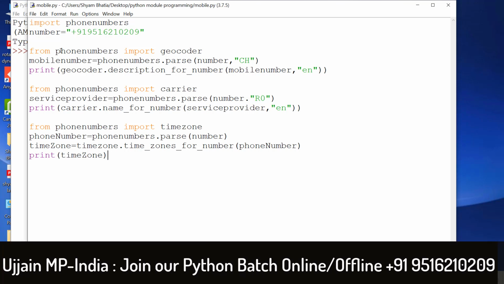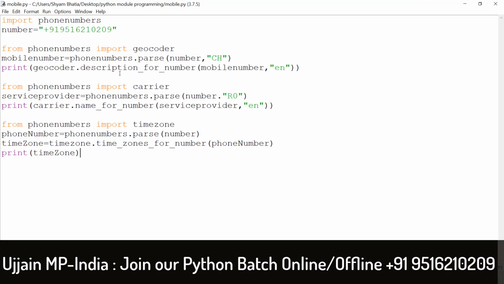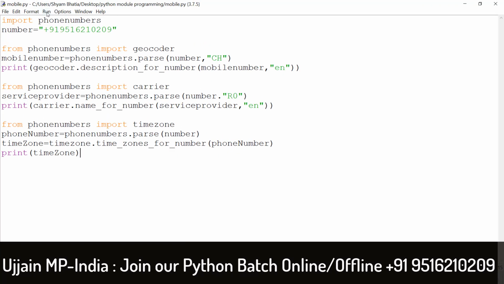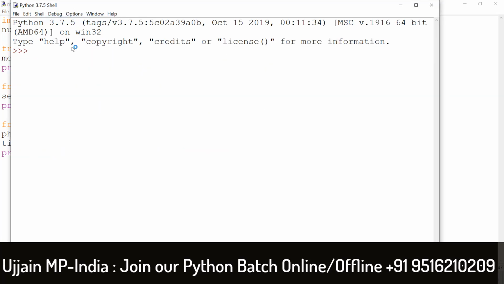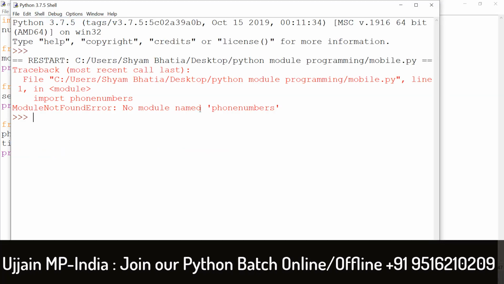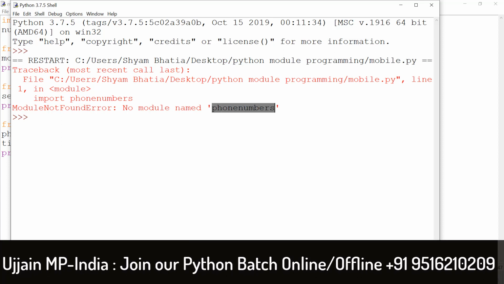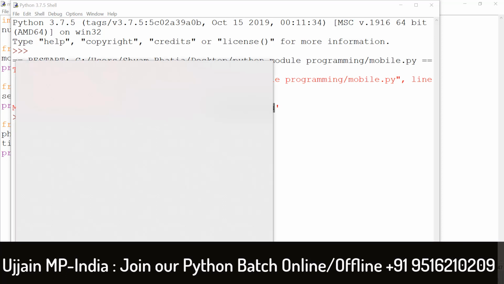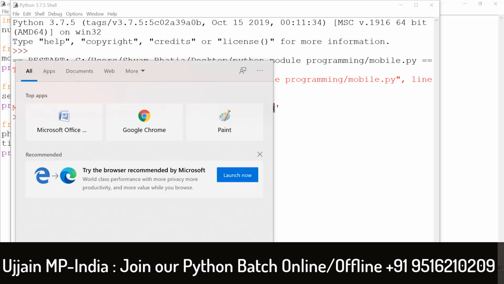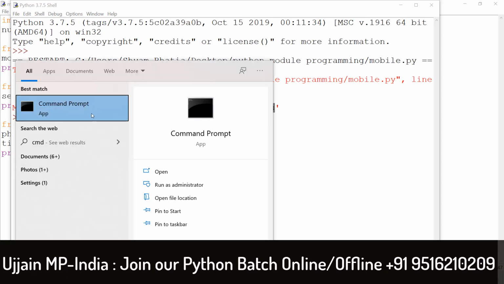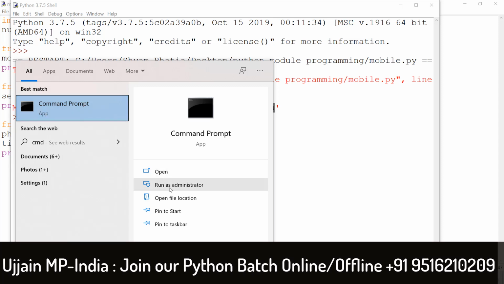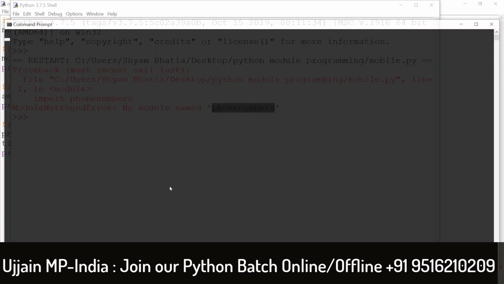After this coding part, we will discuss whether it is actually working or not. Just go to run. I am making a mistake, okay. Here it says no module named phone numbers. Copy this thing, Control C, go to your start button and type CMD, opening the command prompt, and run as administrator.